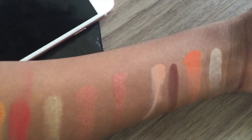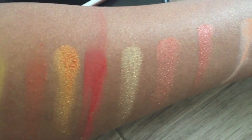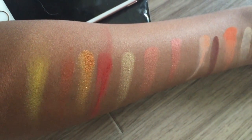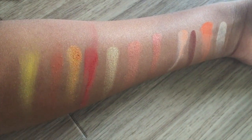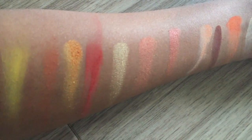So next shade on the second row right here, this is G&O. This shade is similar to the one that I swatched before, the first one, which was Full Zip, but G&O is slightly lighter than Full Zip, so it has more of a pinky undertone, whereas Full Zip has like a brownish pink undertone, I guess. It's much darker than